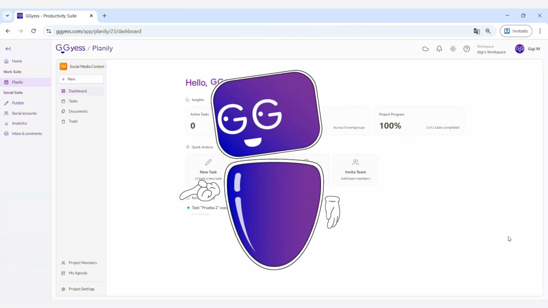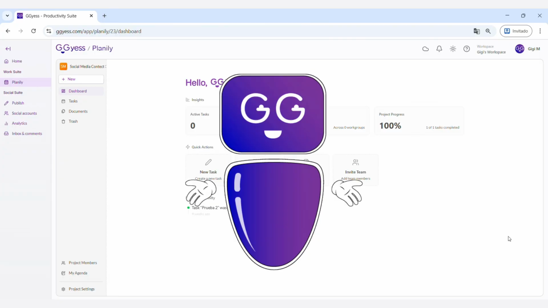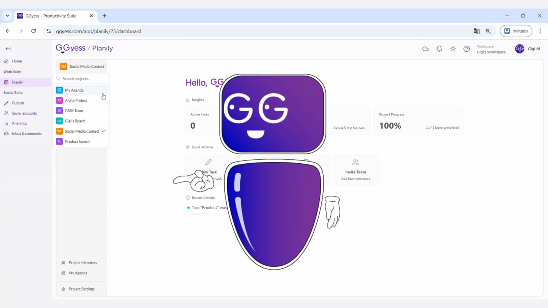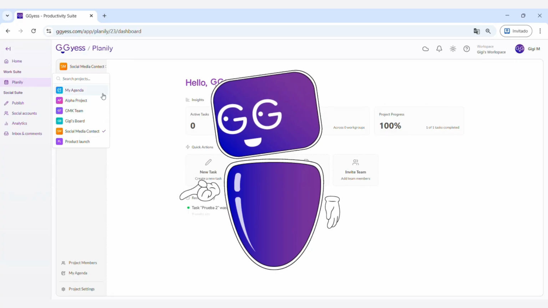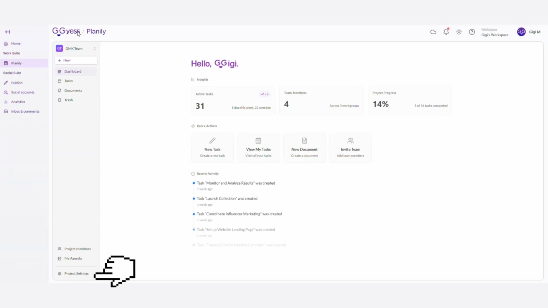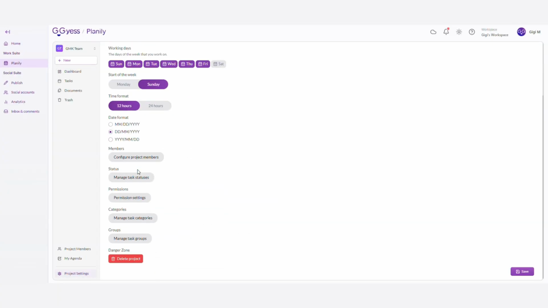Let's continue. If you want to have your own personal space to control only your tasks, click here where you have a direct link to your personal calendar. You can access it here. Now that you know how to create tasks, in the Project Settings section, you'll find some options to customize your